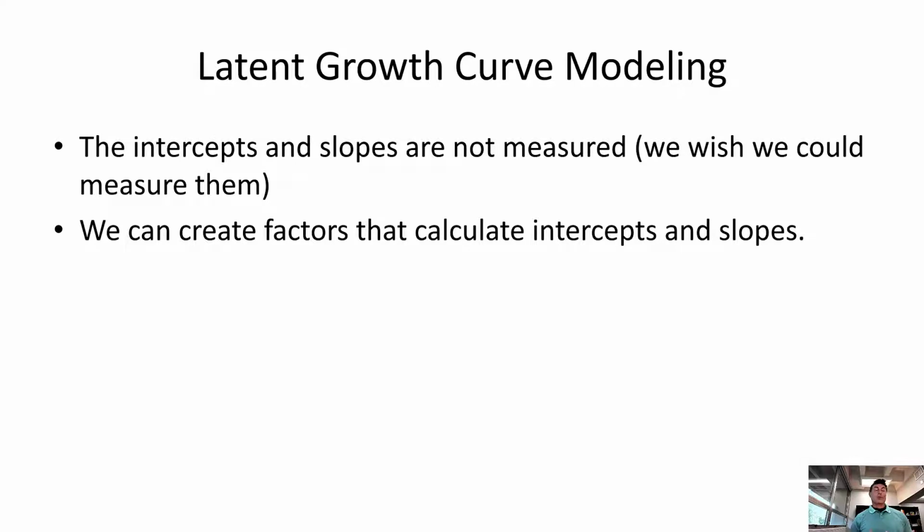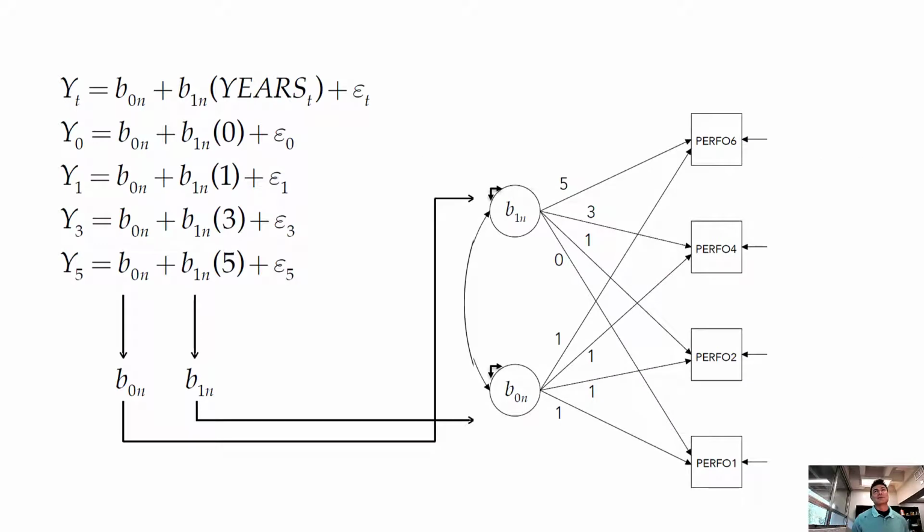Okay, so we can use latent growth curve modeling, and if we think of confirmatory factor analysis, basically the intercept is something we wish we could measure, the average intercept, and the average slope is something we could measure. So those sound like circles when we bring it into structural equation modeling terms, so we could create these factors. And if we look at this, we're going to get into the details of this figure in much more detail.